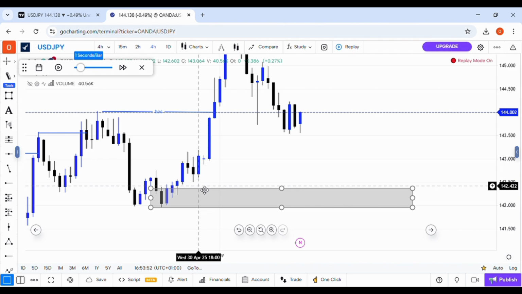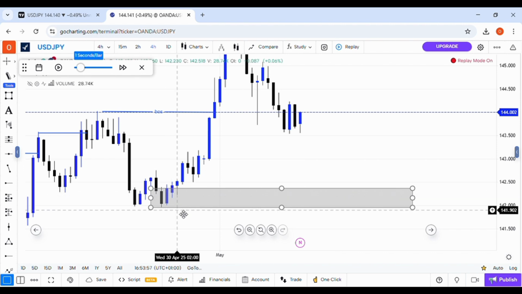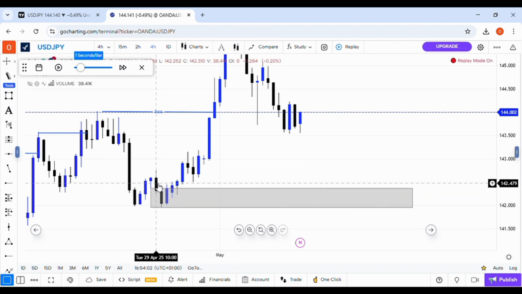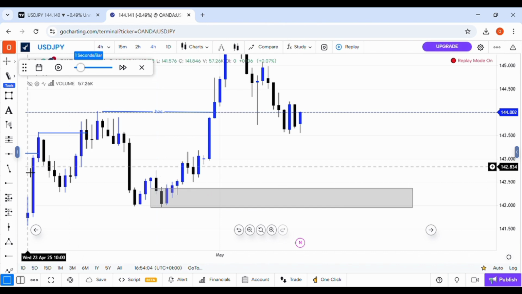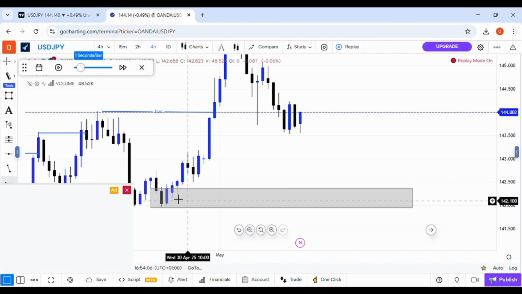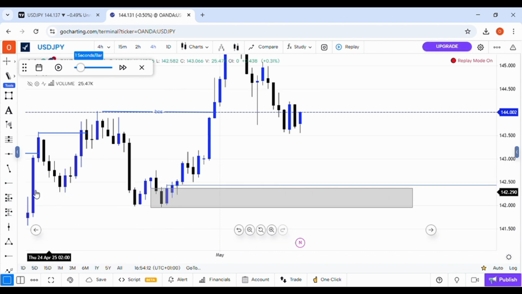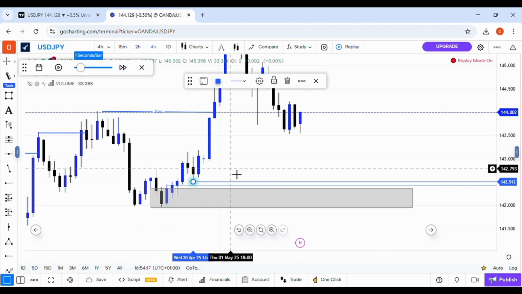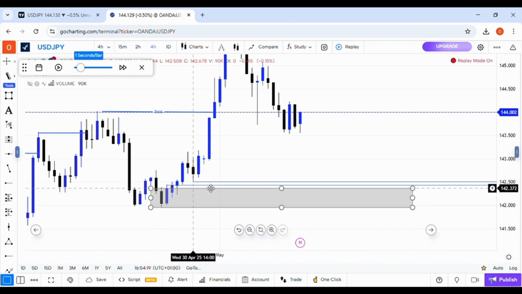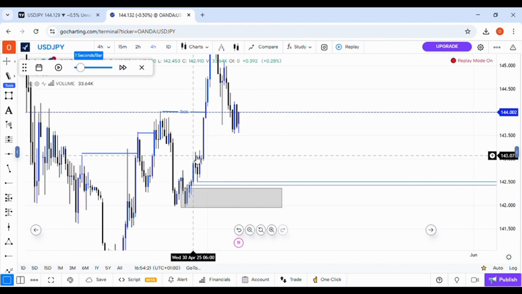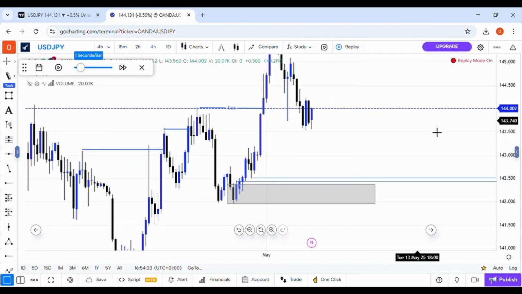But since we don't have our fair value gap in this particular area, all we need to do is mark out this one and this one over here. Let me show you. So this will give us our implied fair value gap. You understand? So by using this particular entry for our example,